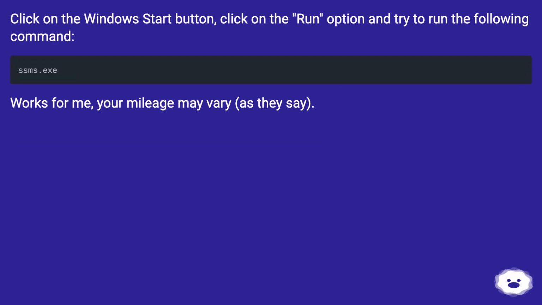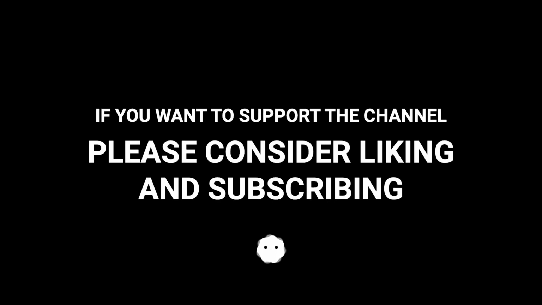Click on the Windows Start button, click on the Run option and try to run the following command. Works for me, your mileage may vary, as they say. SQL Server